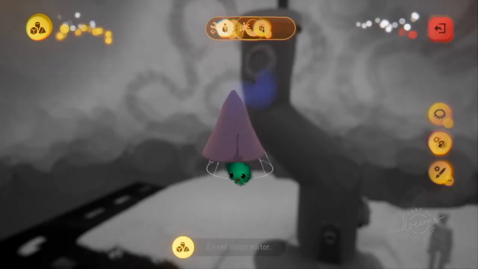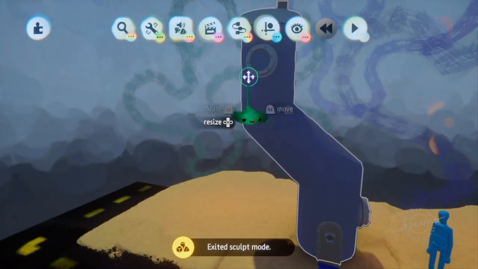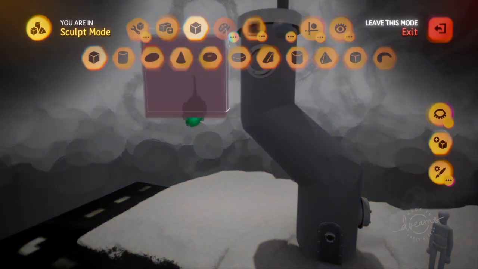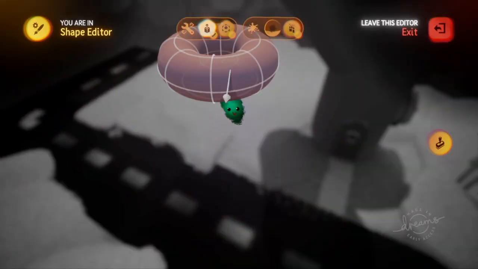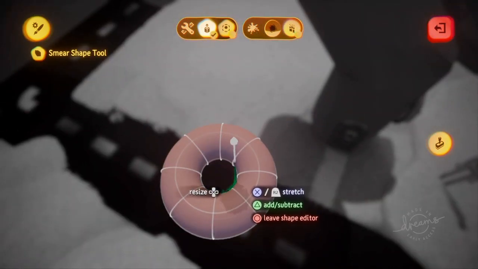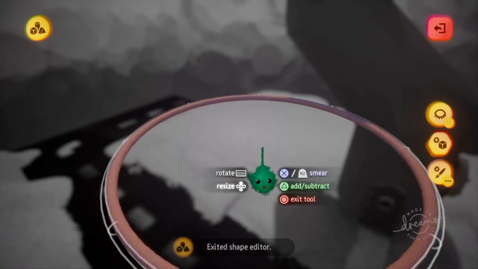So moving on to the cone, and this is where things start getting quick. There's not a whole lot you can do with that, and there's not a whole lot you can do with the filled donut, but of course you don't really need a hole for a filled donut because, well, there's a not filled donut. The only weird thing is that to create a thinner donut, for example, you do have to kind of shrink any side of it,